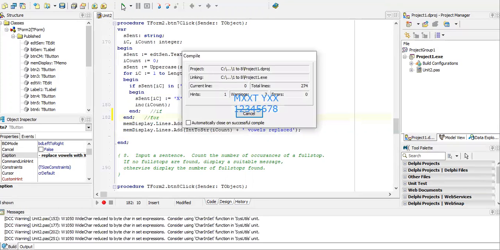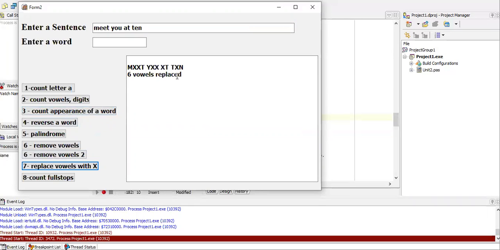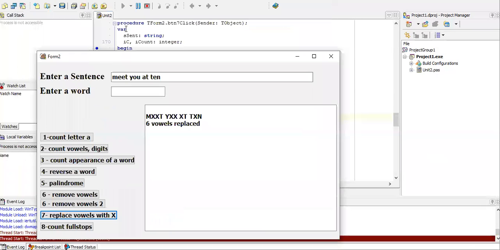So running this. The sentence is meet you at 10. Let me clear my writing there. Okay, meet you at 10. And we go for replace vowels. Sentence, meet you at 10. So vowels have been replaced with X, and there are 2, 4, 5, 6 vowels that have been replaced. So that is your answer for